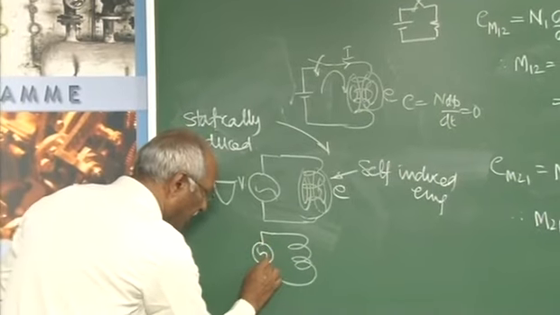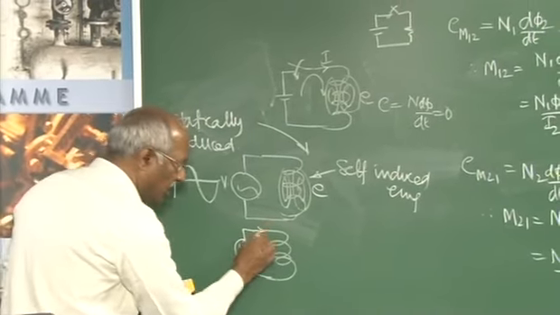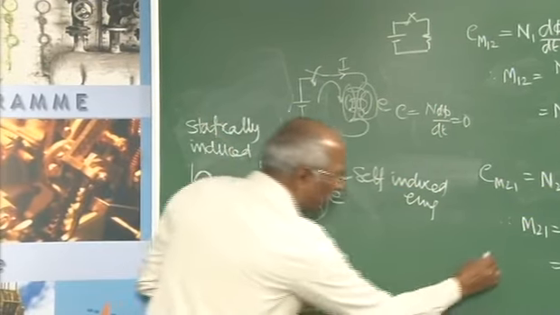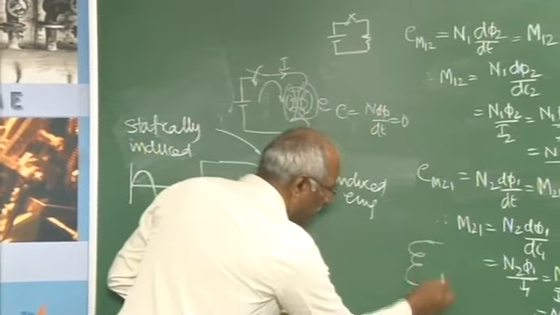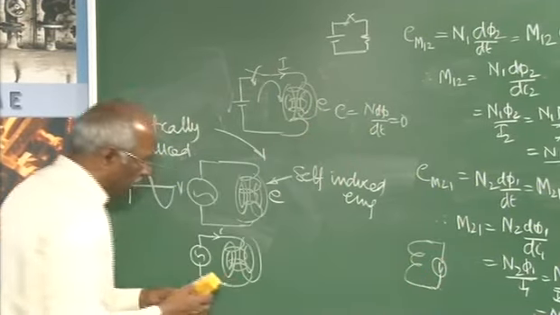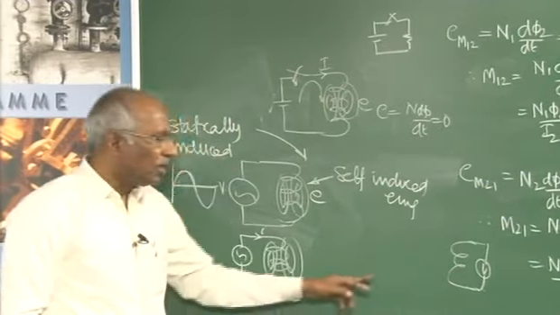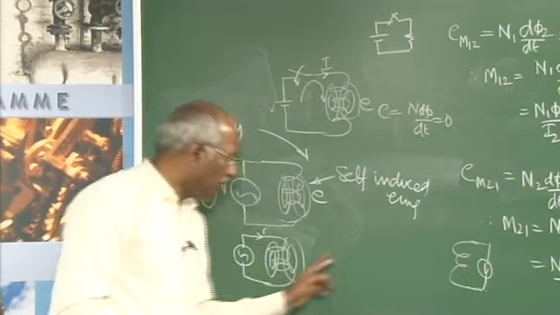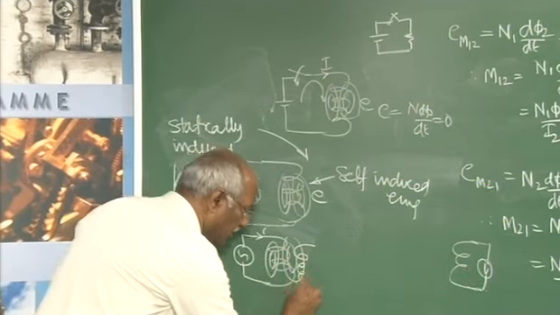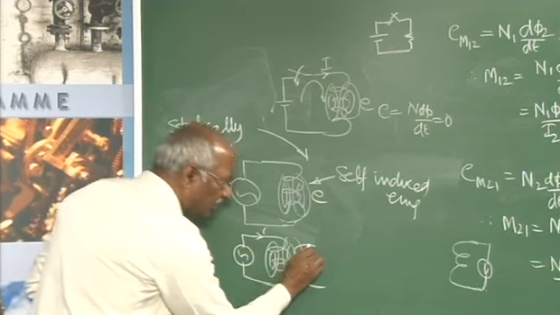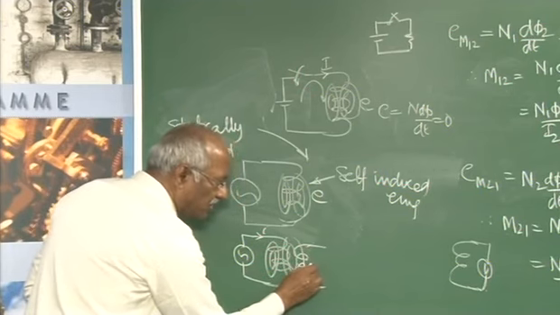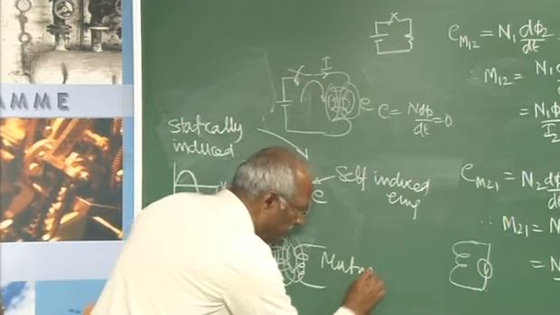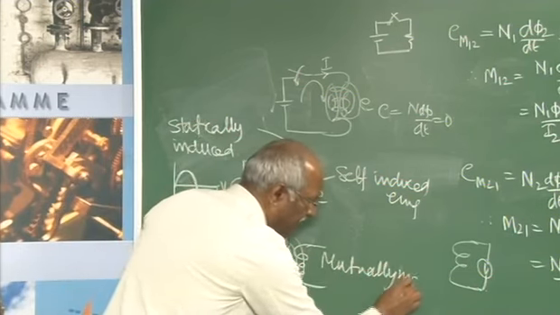Let us say I have a coil here connected to an AC source. Obviously, the current is varying, the flux is also varying. If I have a coil here and I connect a voltmeter here, there is no flux linkage between the two, therefore, the voltmeter will be reading 0. However, when you bring this coil very close to this one, so that the flux produced by this coil is linking with this coil, there will be an induced EMF in the second coil. This induced EMF is called the mutually induced EMF.